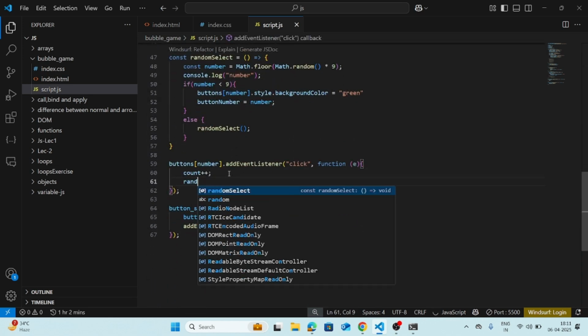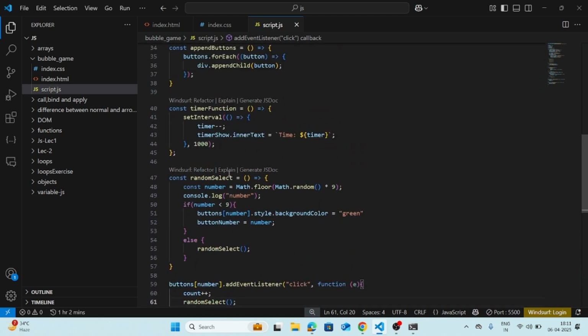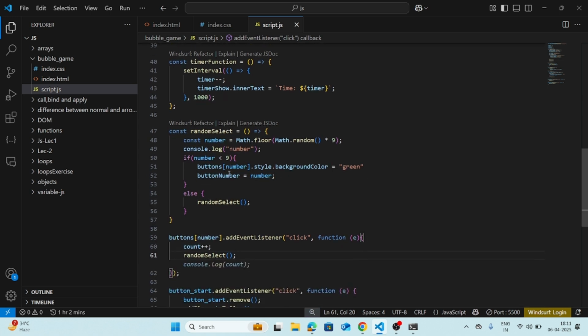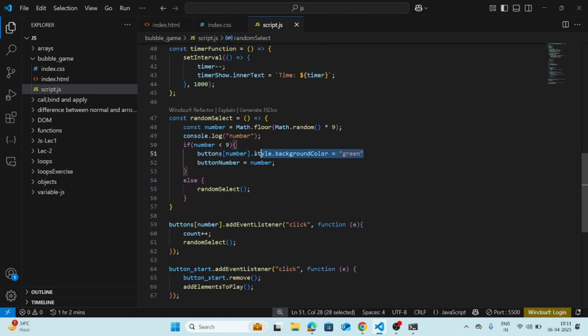Second thing, random select will be called again. And as soon as random select is called, this button dot style dot background should be green. But before this,